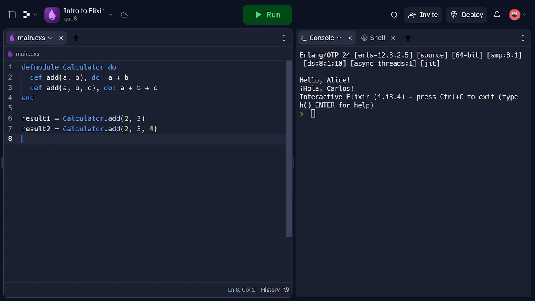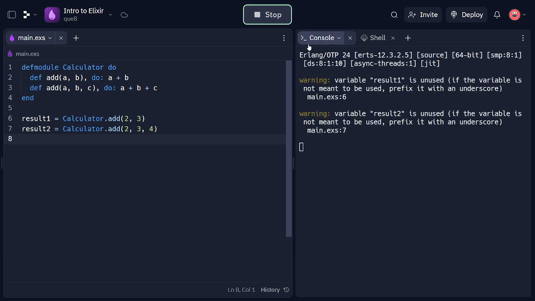Function clauses. In Elixir, we can define multiple function clauses with the same name but different arities or patterns. In the Calculator module, we define two function clauses for the add function. The first clause adds two numbers, a and b, while the second clause adds three numbers, a, b, and c. When calling the add function, Elixir matches the appropriate function clause based on the arity or pattern of the arguments